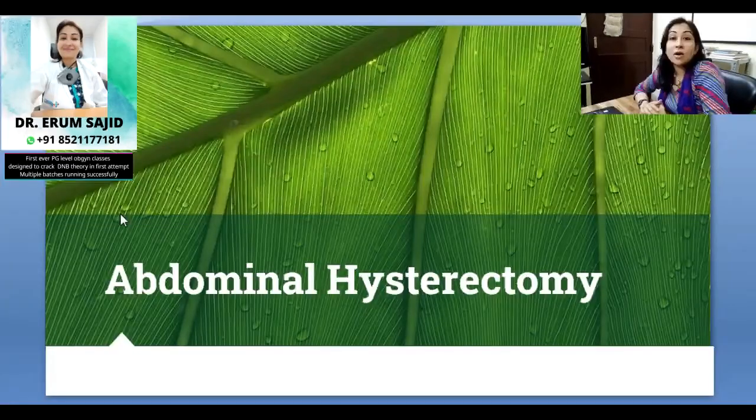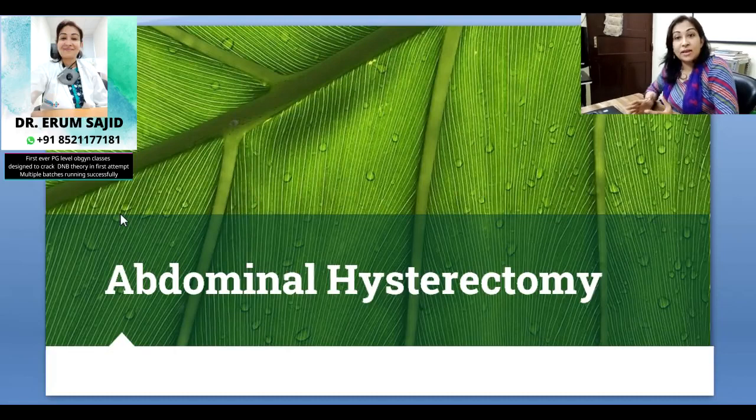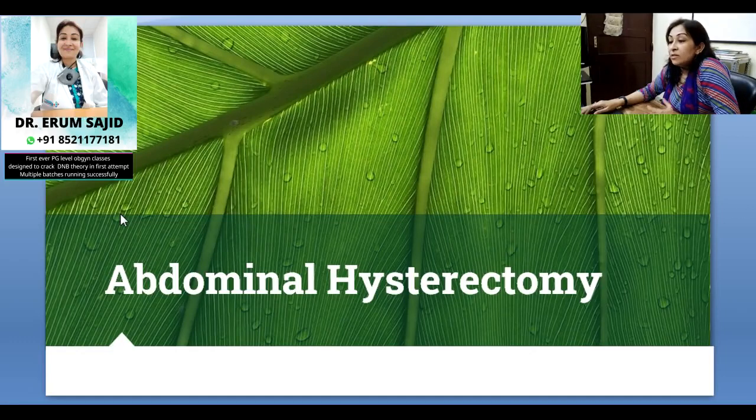In today's class on abdominal hysterectomy, I've tried to include, first of all, diagrams so that you're able to understand the step-by-step procedure: where to first place the clamps, and which structures are to be taken at which particular step. This will be followed up with a live surgery in which I'll demonstrate every step, so as to emboss the concept of abdominal hysterectomy on you. So without wasting any further time, let me first begin with how it proceeds.